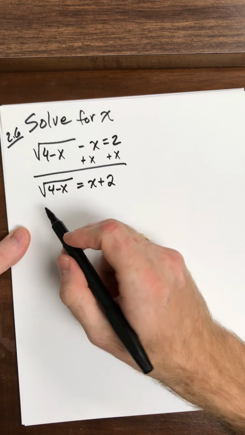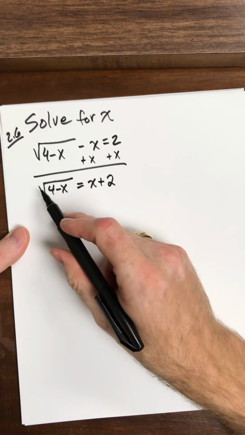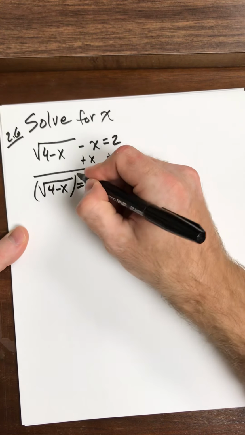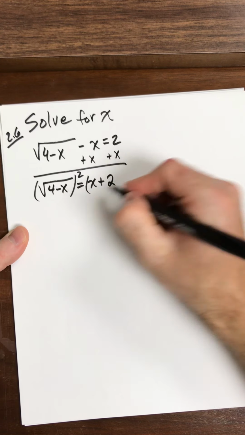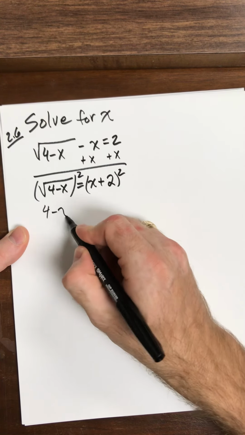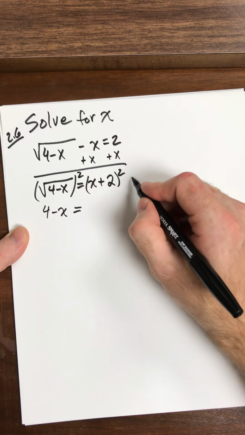Okay, now to get rid of this radical, let's think about it. This is a square root, so the inverse of the square root is the square function. Now if I square the left side, I've also got to square the right side. So this becomes just 4 minus x, but this side over here, whenever I square it, I caution you to